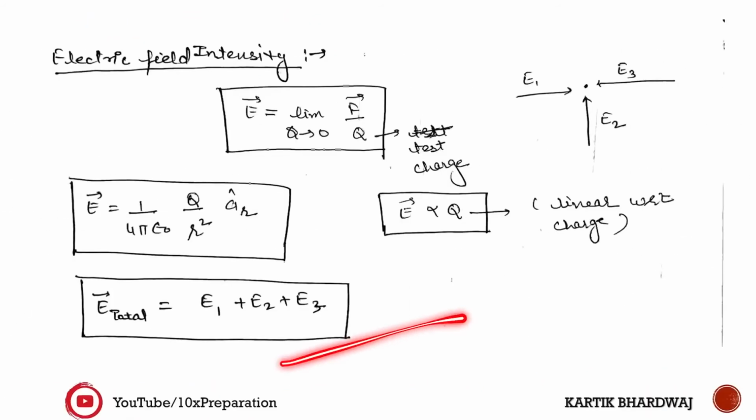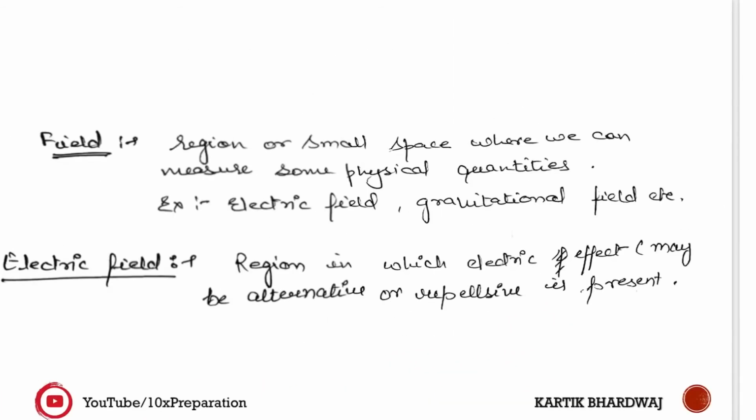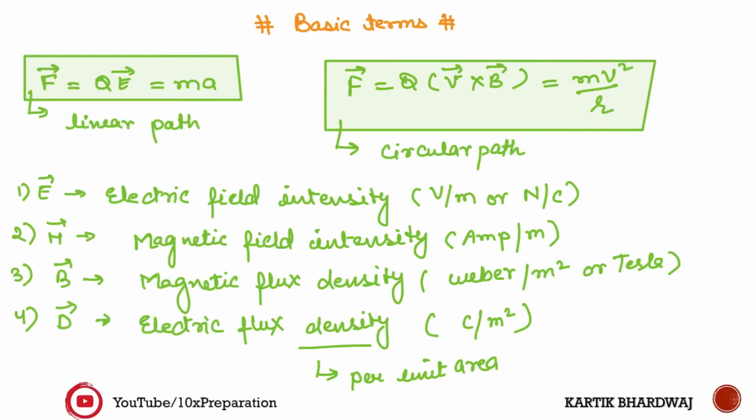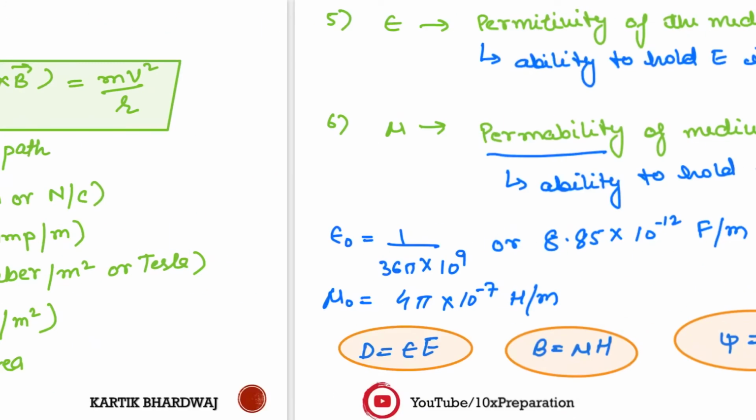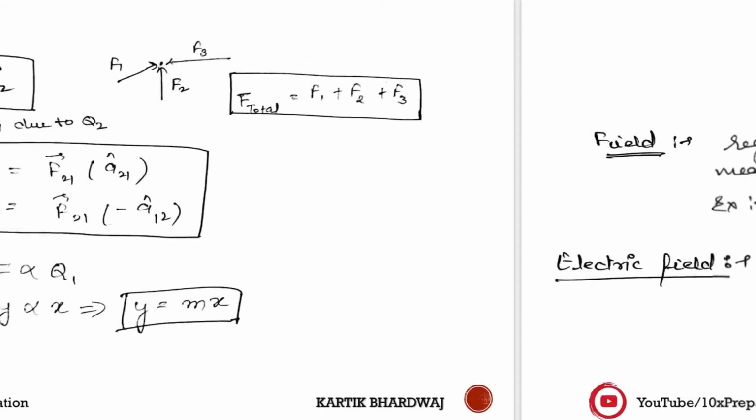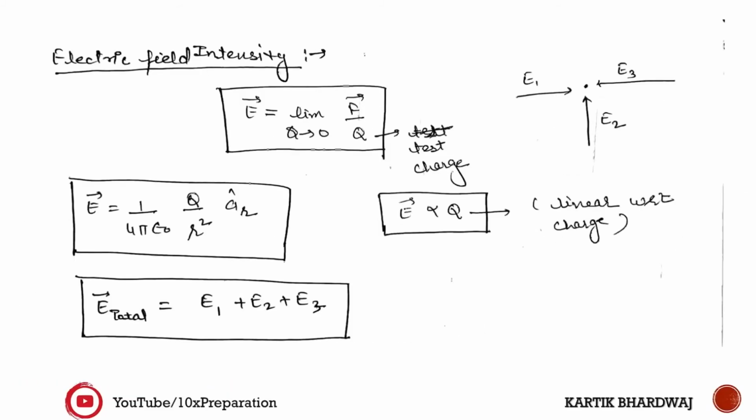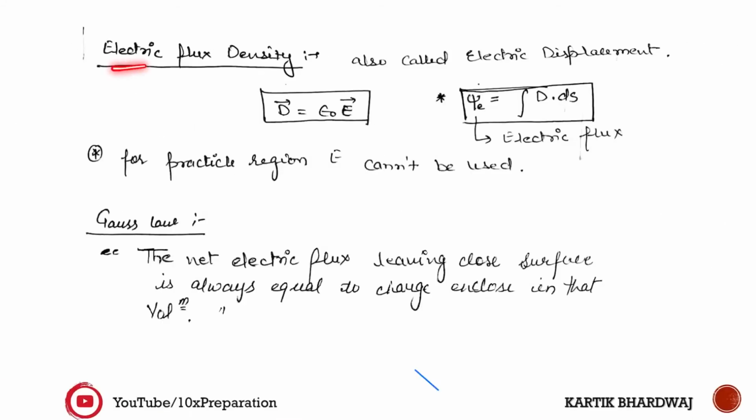Basically this is per unit length. Intensity is per unit length. Okay, if you see the unit of the vector, as I already told in the initial lecture, E is equal to volt per meter. If you come to this one, D, this is per meter square. So the electric flux density is basically in per meter square. This is also called the electric displacement.